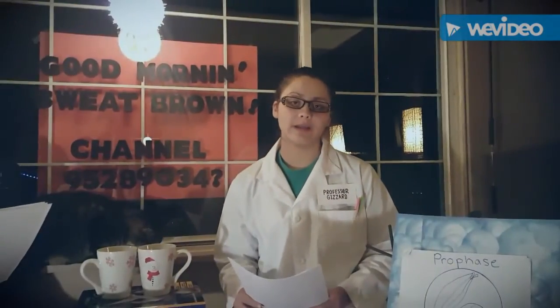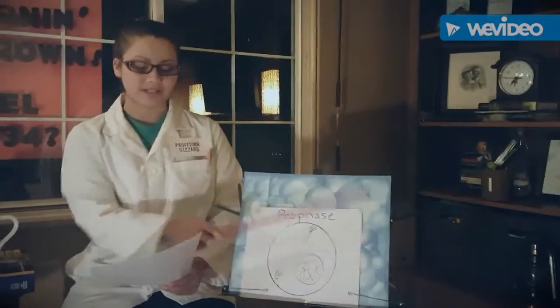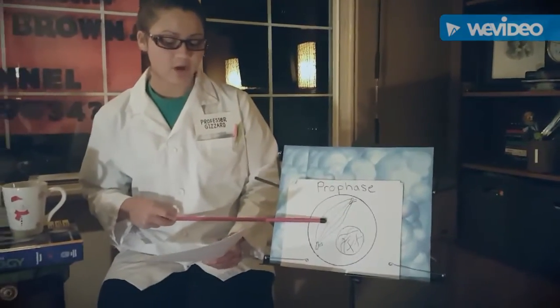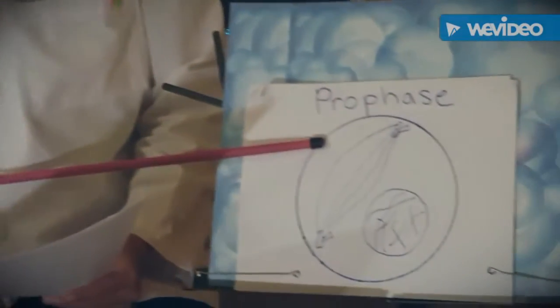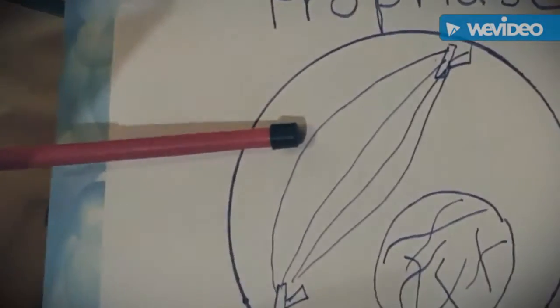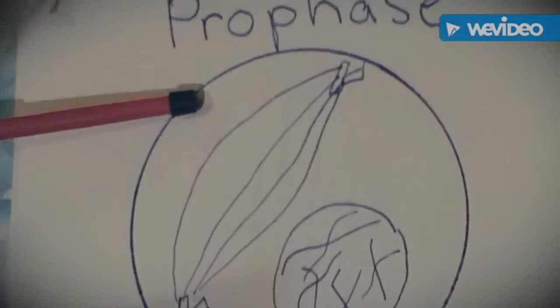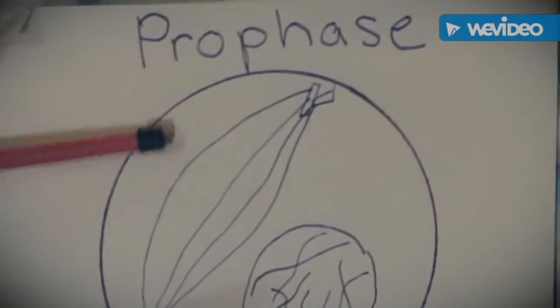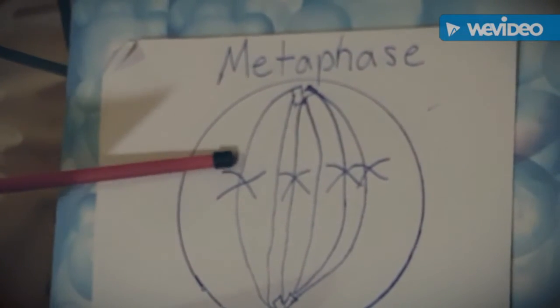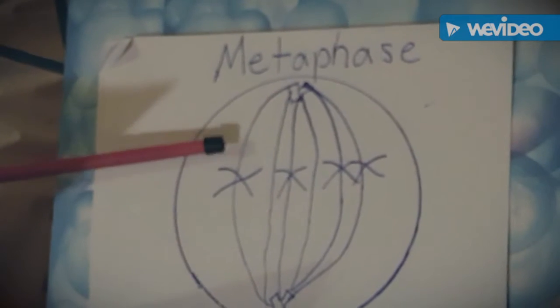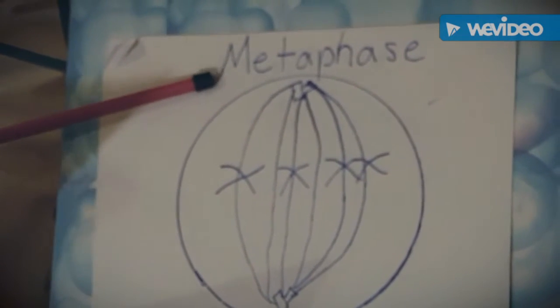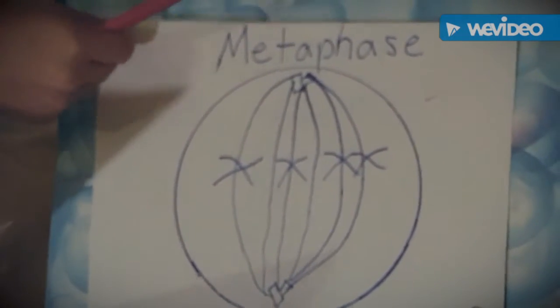It includes 4 phases. Can you tell us about those 4 phases? I sure can. The first is prophase, where DNA and chromosomes coil, the nucleus disappears, centrosomes move to opposite poles, and spindle fibers are formed. The second is metaphase, where the chromosomes line up in the center of the cell with the help of the mitotic spindle. The third is anaphase,